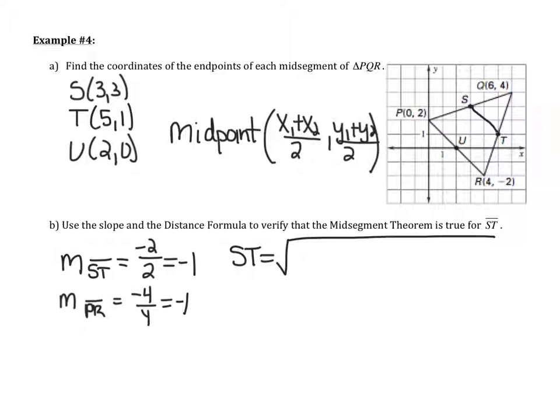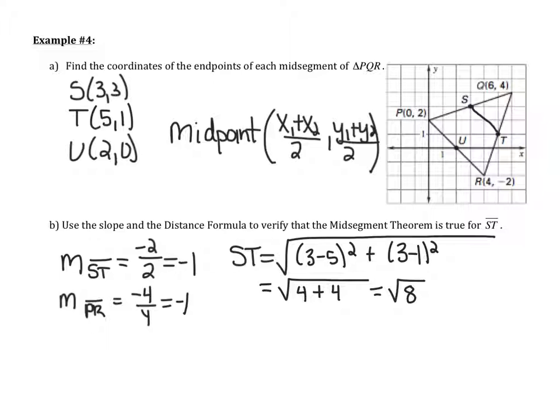So it's going to be really easy for me to subtract the x's, 3 minus 5, square it, plus subtract the y's, 3 minus 1, and square it. So I have 3 minus 5 is -2, -2 squared is 4, plus 3 minus 1 is 2, and 2 squared is 4. So I first have the square root of 8. Let's find a decimal approximation of that. The square root of 8 is about